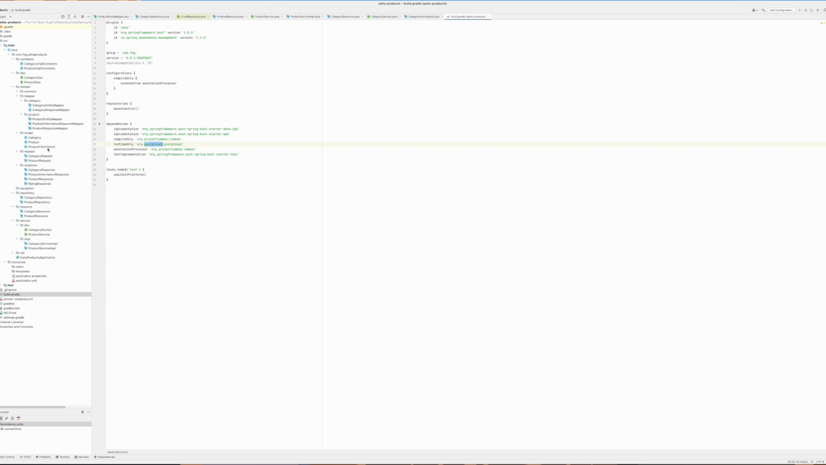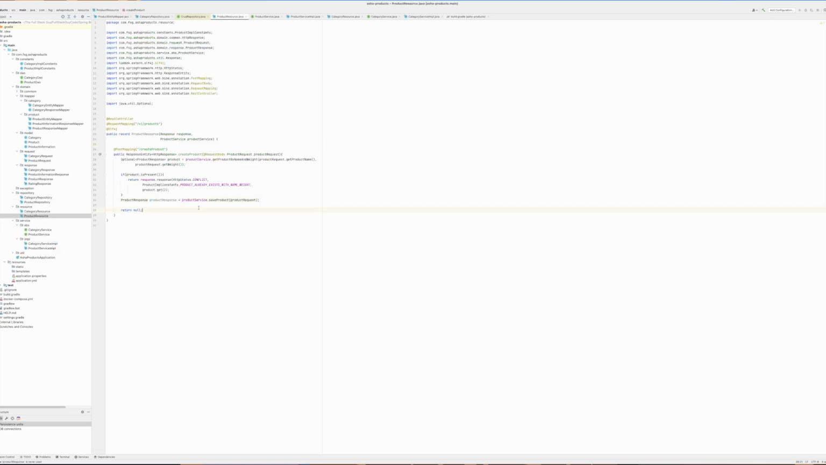Okay, let's complete the product resource for now. Where is the product resource? Here also we are going to implement caching for good performance. Okay, product resource. So we have a product saved here. Once this product is saved,